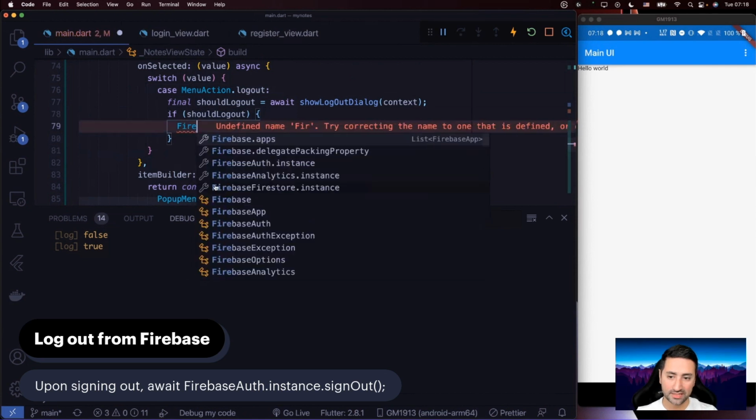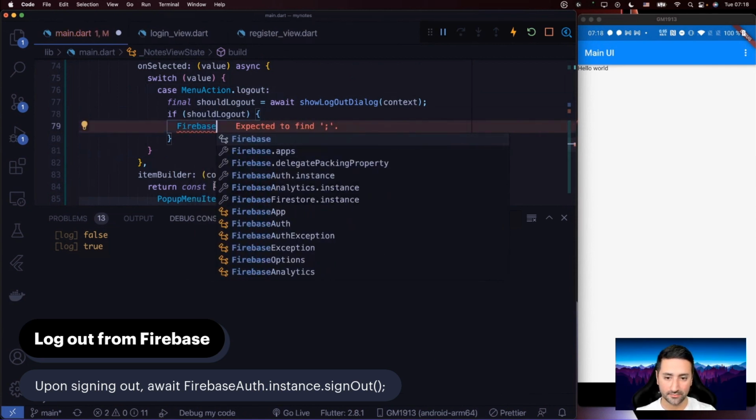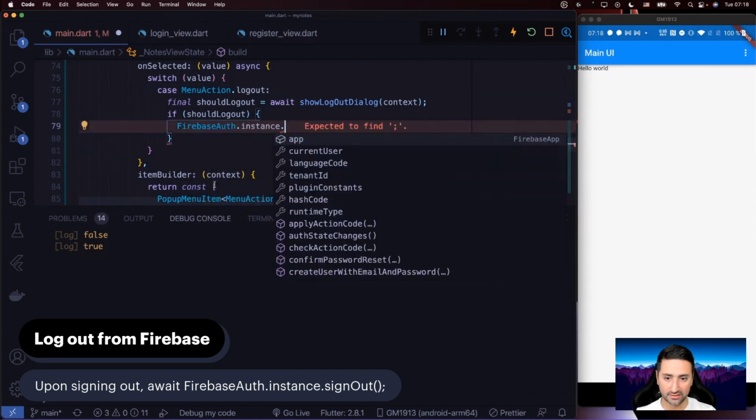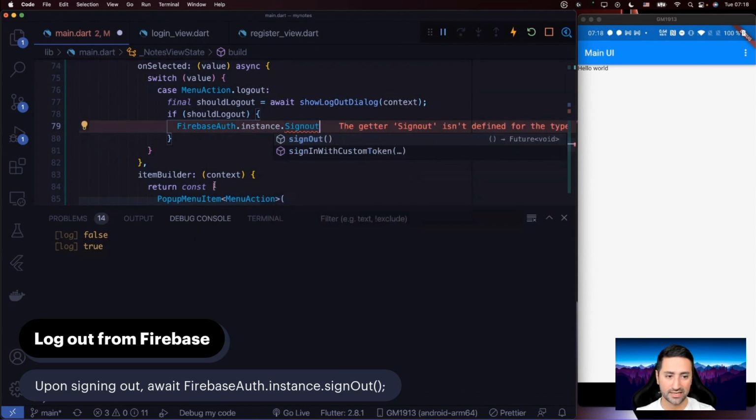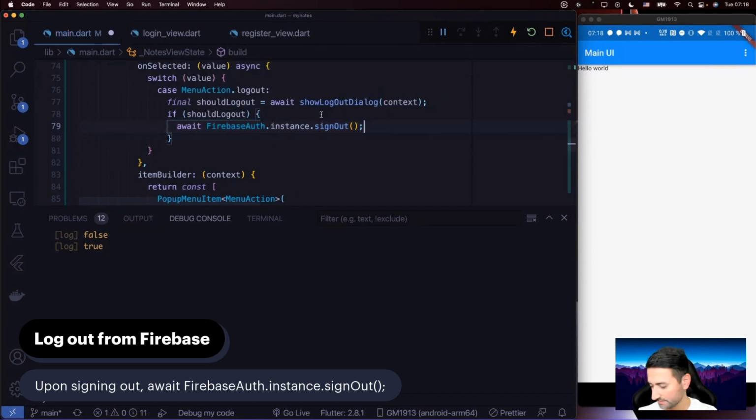So let's say Firebase auth instance, as we can see here, and then we say sign out. You can see that it returns a future, a void. So let's call it, and then we say await. All right. And now that we've done that,